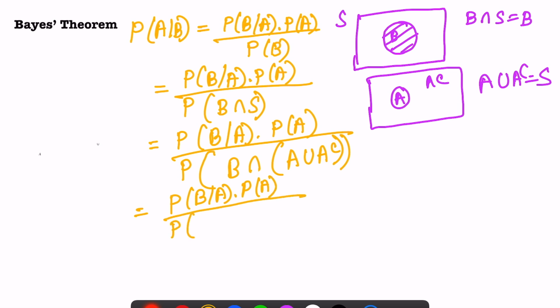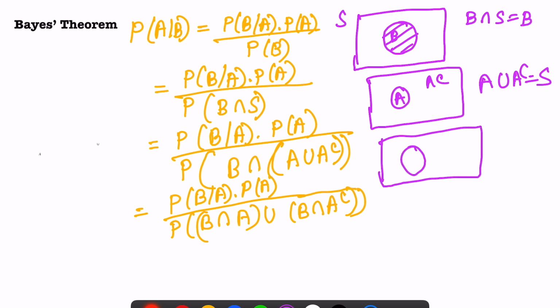This P intersection (A union A complement) we can write as P intersection A union P intersection A complement, right? How is it? So let's say